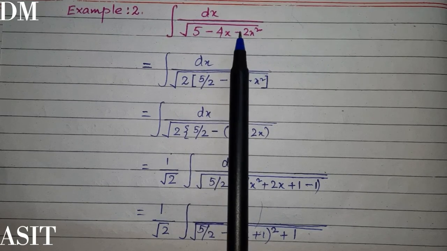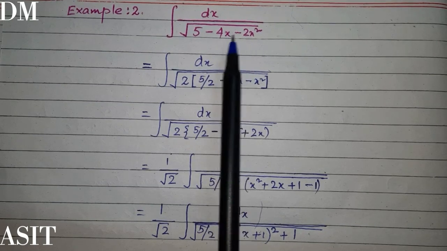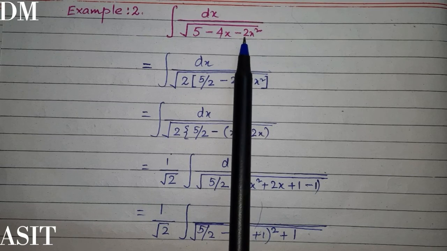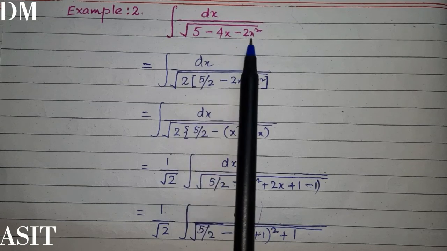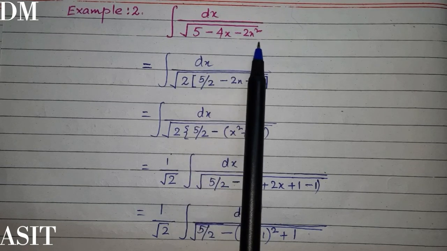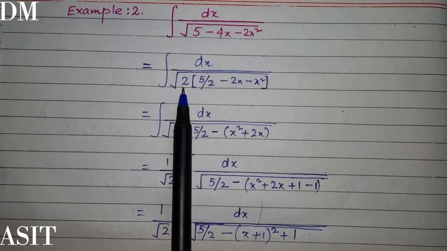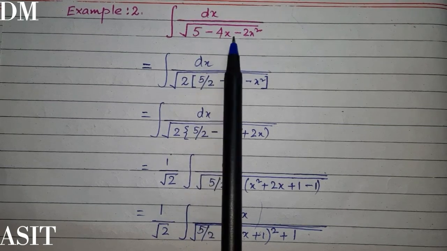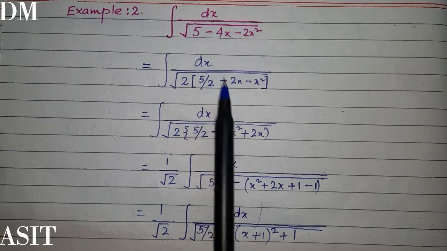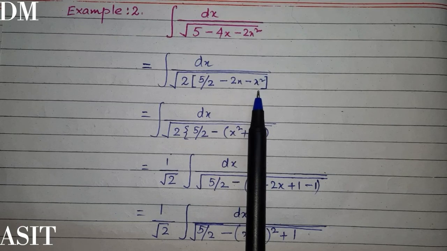But in the previous sum, if there is a minus, you have to take common minus. I will take it from these 2 terms only. But when you take common any other number from this x square, we have to take it common from all these 3 terms. So we can see that 2 is taken common. So therefore it will be 5 by 2 minus 4x. So from 4x, 2 is taken common. So it will be 2x minus it will be x square.